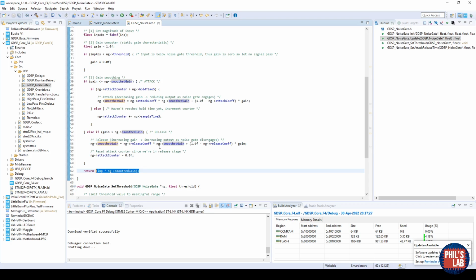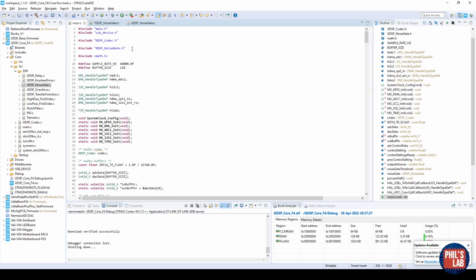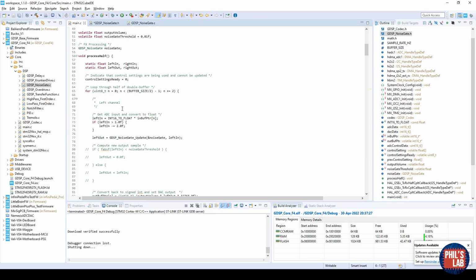And that's pretty much all there is to this noise gate, so pretty simple algorithm. Now there's quite a few things you need to tune, that is the attack time, the hold time, the release time, the thresholds, and so on. But nicely enough, we can map most of these to different potentiometer values. So if I go to my main.c, you can see I've included my noise gate, and in my processing function, I simply call noise gate update, passing my noise gate struct, my left input, and then I pass that straight